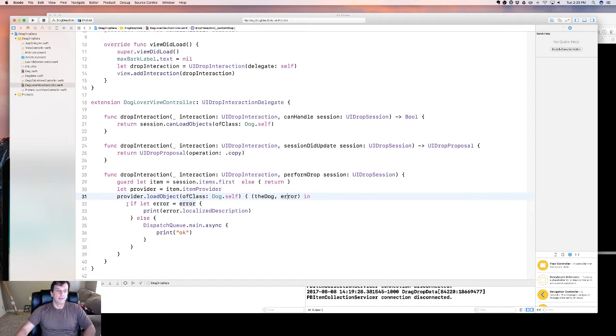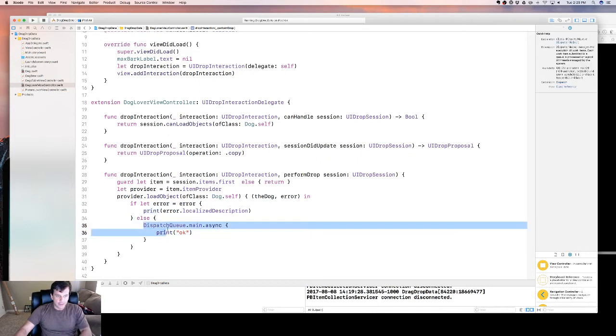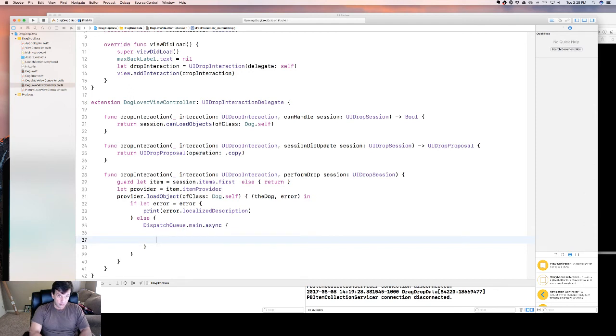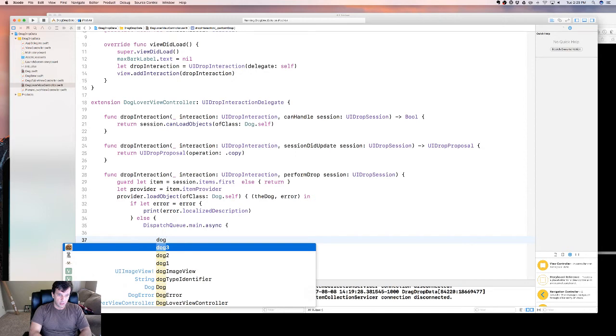We're going to say if there's an error, let's handle it. In this case, we're just printing it out. Otherwise, dispatch to the main queue, and we're going to update our model. So we can basically say the dog